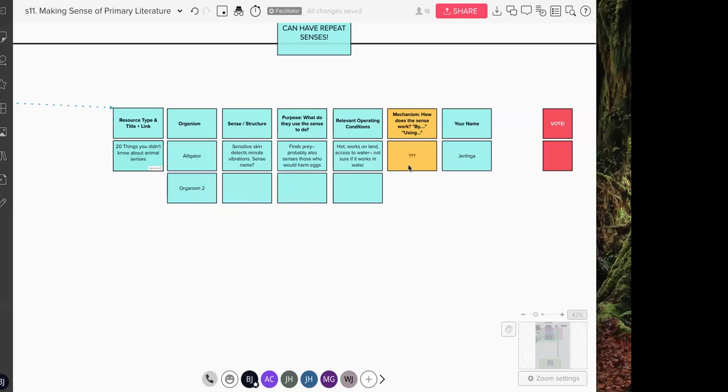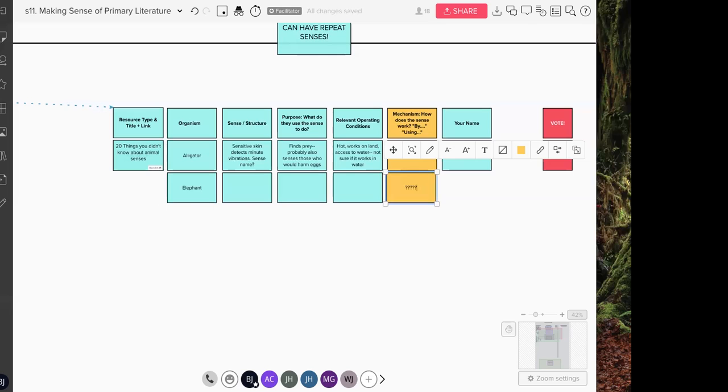So I know that maybe this is an article that's just all right, but I'm really going to look for another article somewhere along the way that has more of the mechanism, the how, the chemistry, the structure on a molecular level, et cetera, and then my name. So from that same article, let's say I saw elephant was another one in there that I really liked, I'm going to write down that thing, and then I'm going to call the day. And if again I'm like, oh man, it didn't say the mechanism for this one either, and maybe it didn't say the sense name, you can just put question marks because it didn't say. And then the next person,